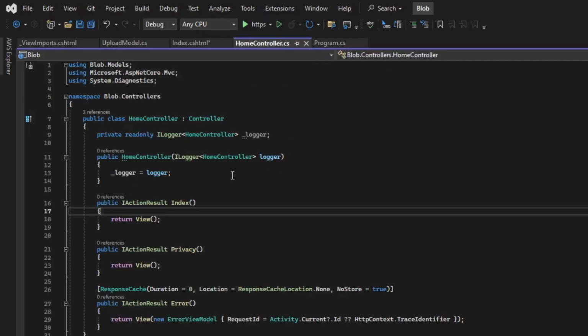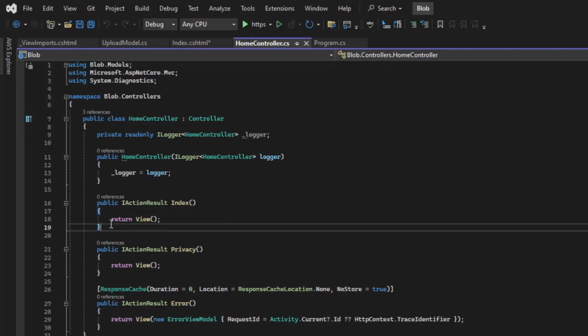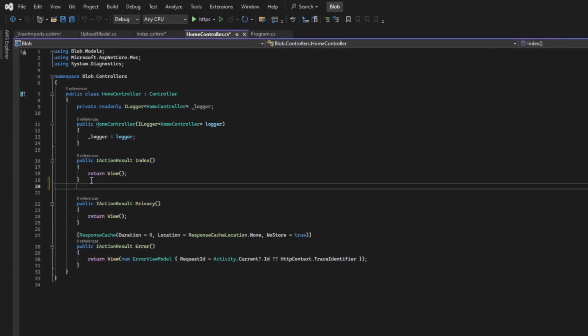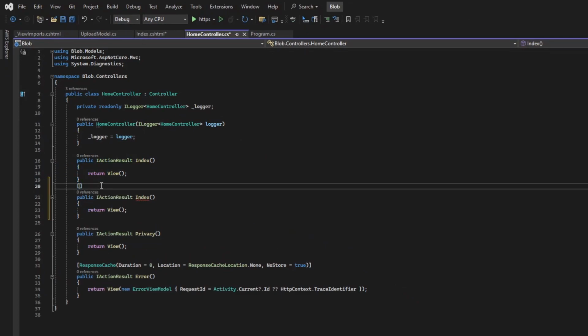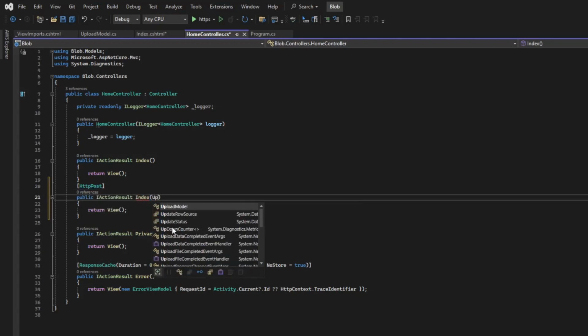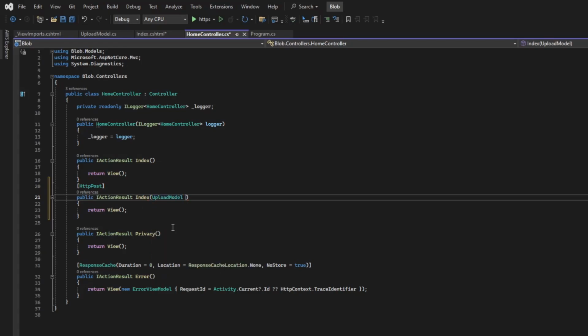So we'll be performing a post here, and in the index file we'll create a separate post action, wherein once the post request is executed, our data will come to the backend on HttpPost, and within the parameter we'll be passing the same model, UploadModel,